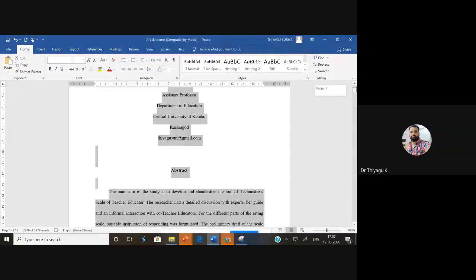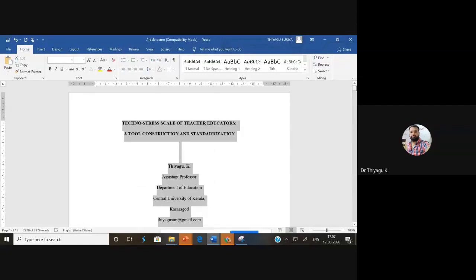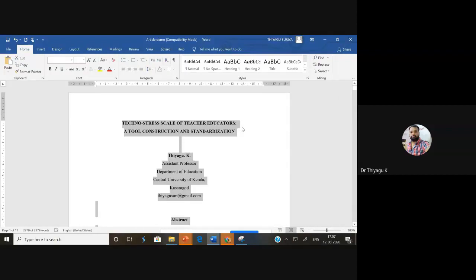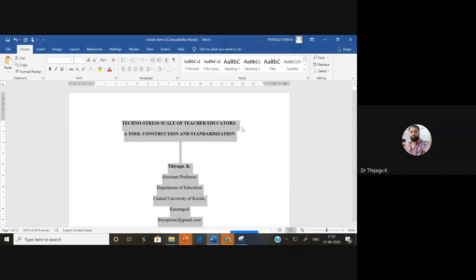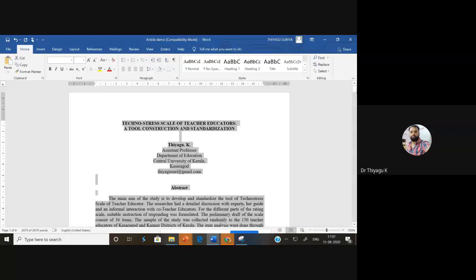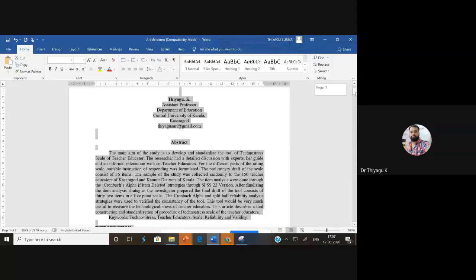For that only I'm giving the shortcut. So what is the shortcut? First thing, Control A is for selection. Then Control 5 for the 1.5 space. Control 2 for the two spaces. Suppose I like to go with one space, Control 1 is for the single space. So I'm not doing this shortcut now. Parallelly, we can know the shortcut for adopting in the Word file. Control 1 is for single spaces, Control 5 for 1.5 spaces, Control 2 for 2 spaces. Okay, I hope you have no doubt in this. If you have any doubts, you can type the question in the chat box.